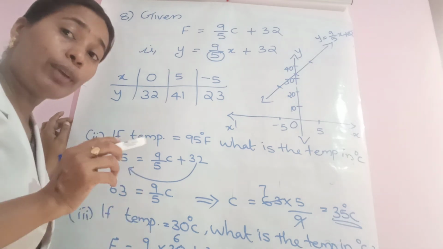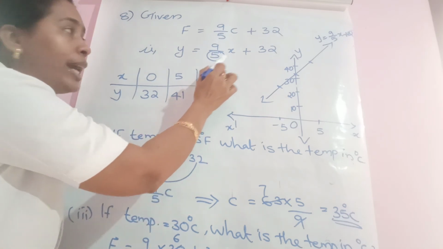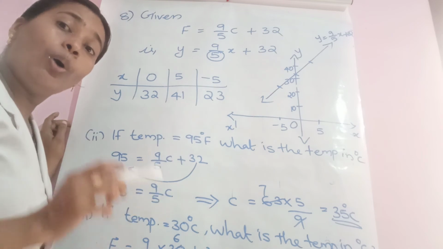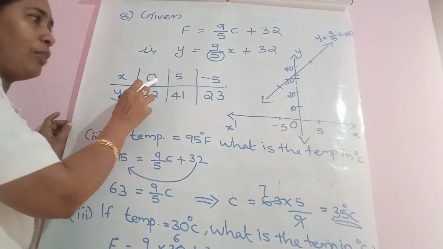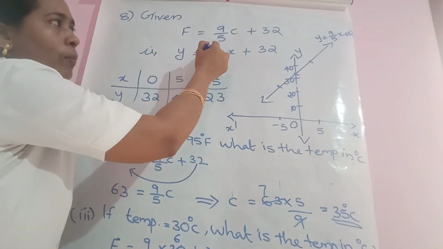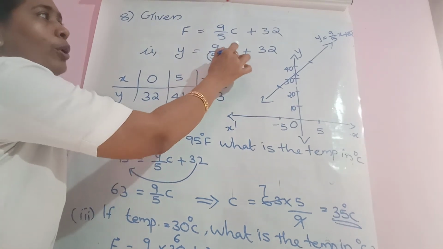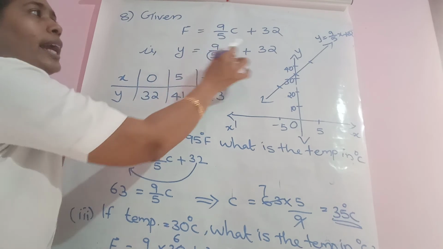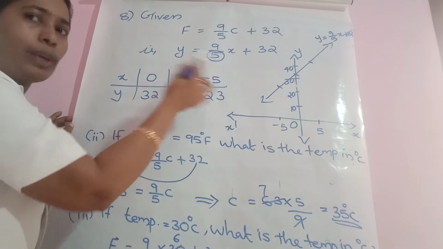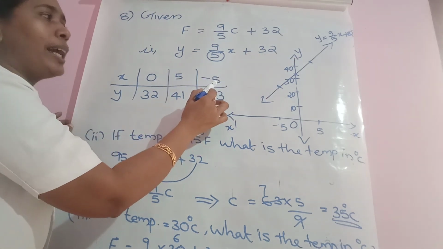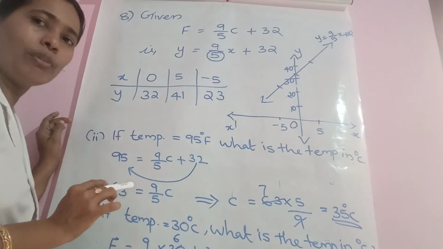That's why, in order to get a proper integer, since the denominator is 5, you can select x as 0 or multiples of 5. Teacher has taken first 0, then the whole term becomes 0 and only 32 remains. Second case, when x equal to 5, 5 and 5 get cancelled. 9 plus 32 we have 41. Similarly, teacher has selected negative 5. If you need one more, you can select 10 like that. So here minus 9 will exist. Minus 9 and 32, we have to subtract. We have 23.